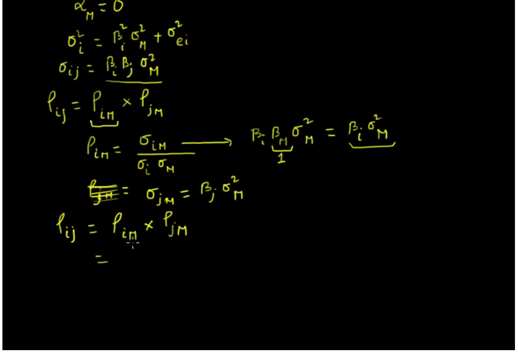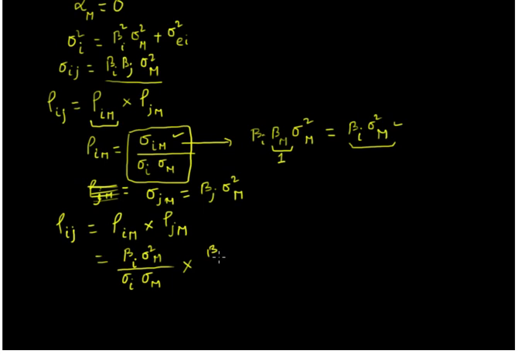So what is correlation between the return of I and M? Correlation is this item here, but covariance is this. So we can write here the covariance of returns between I and M, which is beta I times variance of M, divided by the product of the standard deviations of their returns, multiplied by,